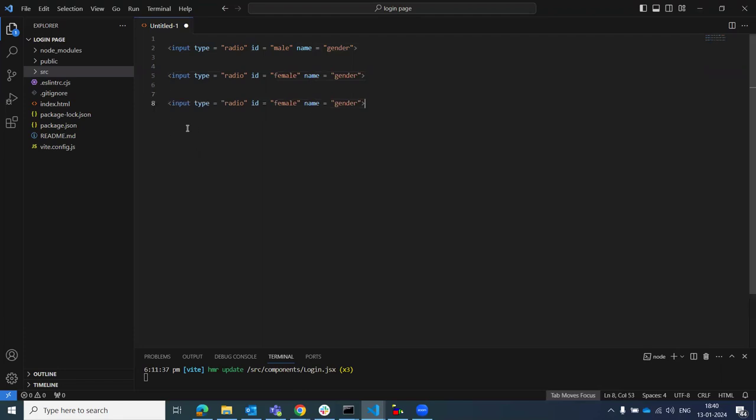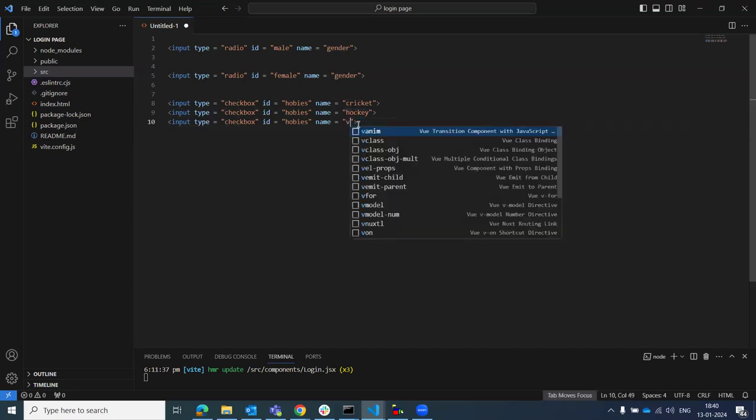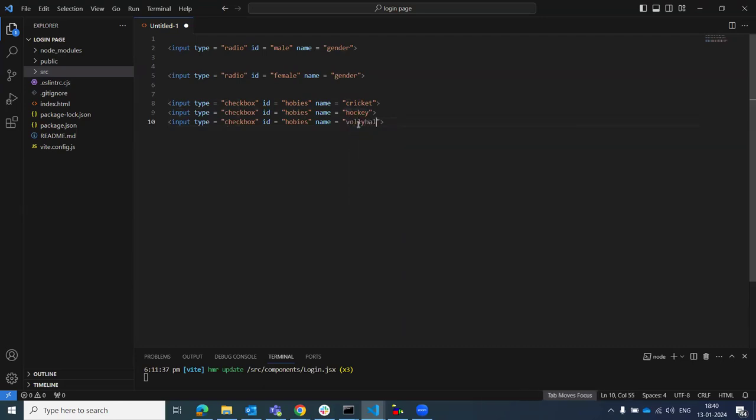Coming to checkbox, if you're using checkbox, for example, hobbies. Here I can put cricket. In this case, always you need to use a different name. Cricket, hockey, volleyball. Why? What is the reason? See, if we do different names, checkbox means we can check multiple,